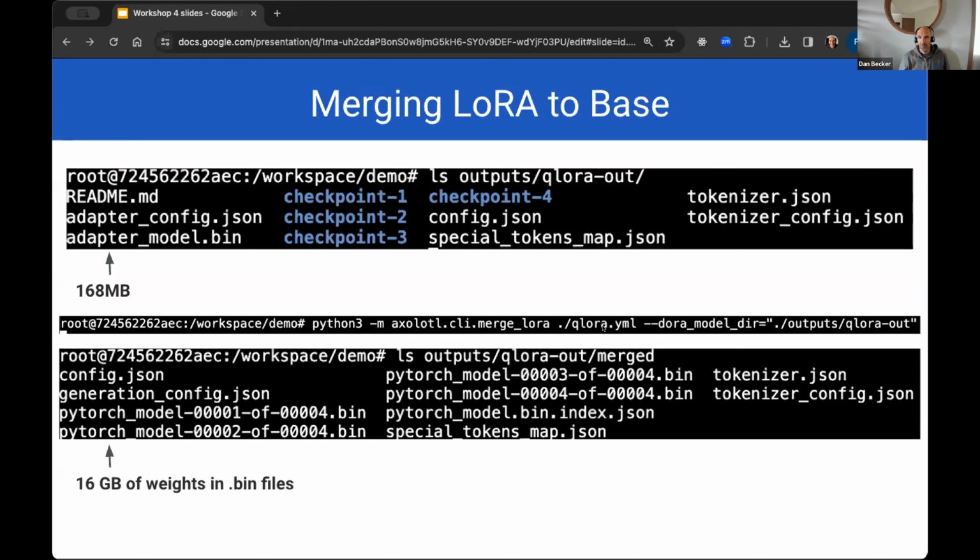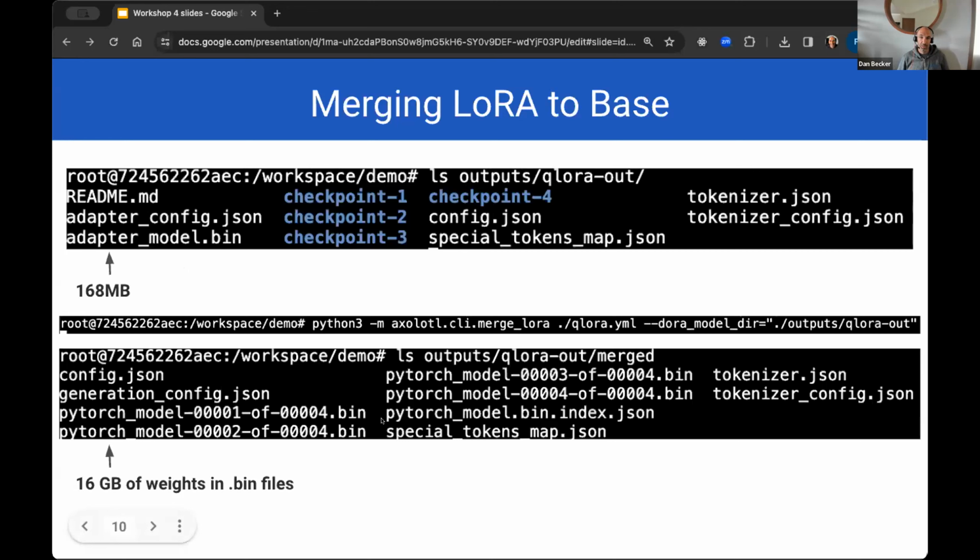I'm going to go somewhat briefly through the workflow that I personally have done for those top three use cases. It's pretty similar across all of them. Here I'm showing a screenshot at the top of what my LoRA directory looks like after I finish training. You'll see that I've got an adapter model binary. It's got some weights in it, but 168 megabytes of weights, which, compared to many things we'll see, is not so great. I have a step where I merge that to the base model, and that creates